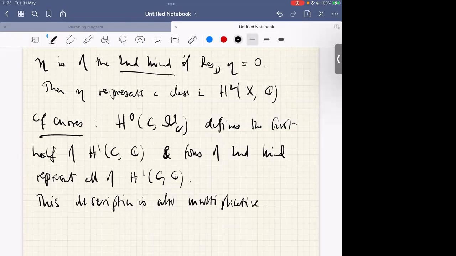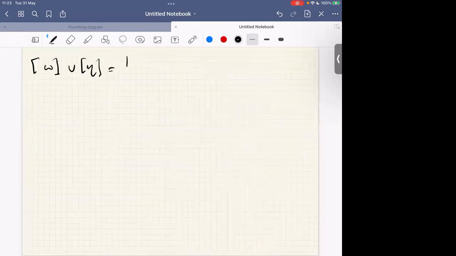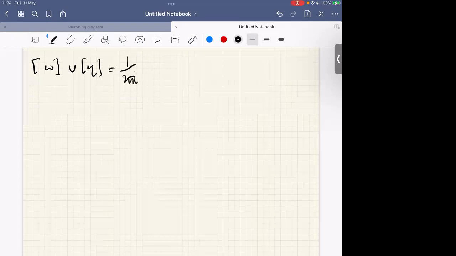If you have two forms of the second kind on C, then we can compute the cup product of the cohomology in terms of expansions around the poles. So this is 1 over 2 pi i times the summation over P in the polar locus of eta, a_P,i